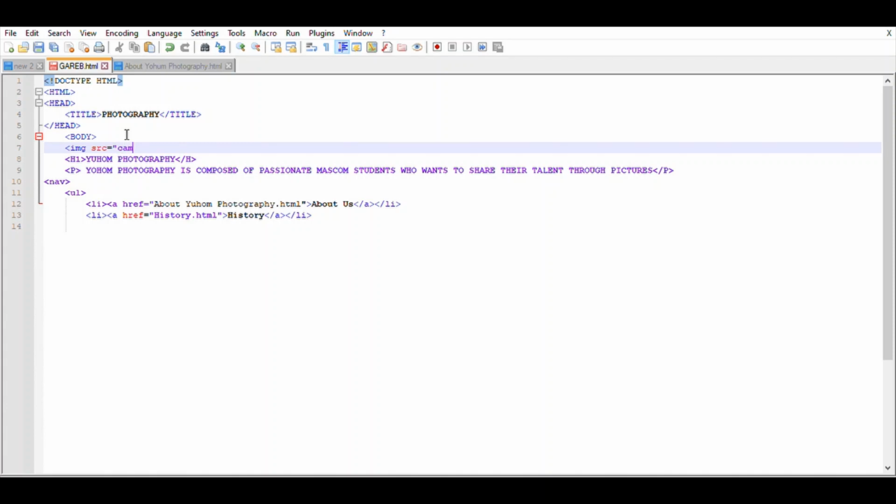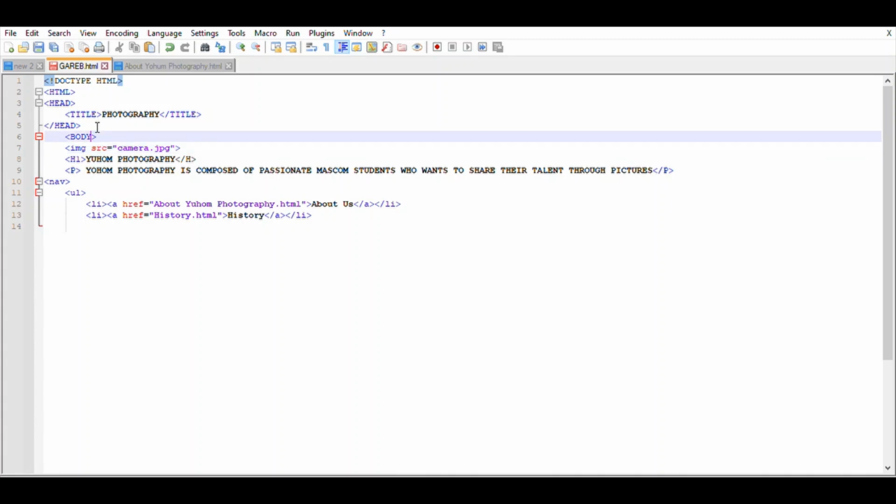So for this one, we're going to put the file name and the file extension, which is the JPEG. Okay, and of course for this one we are going to